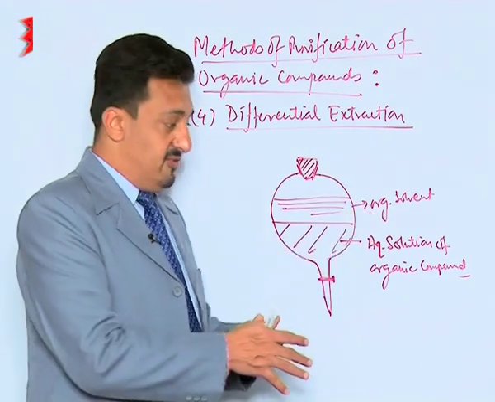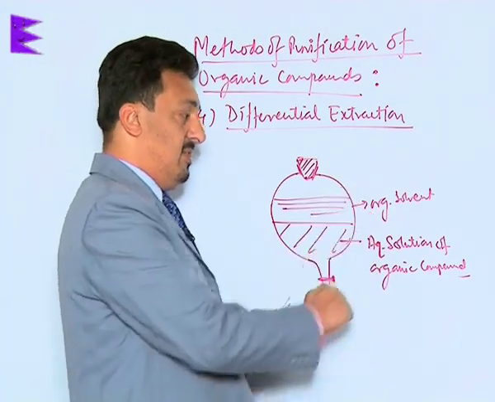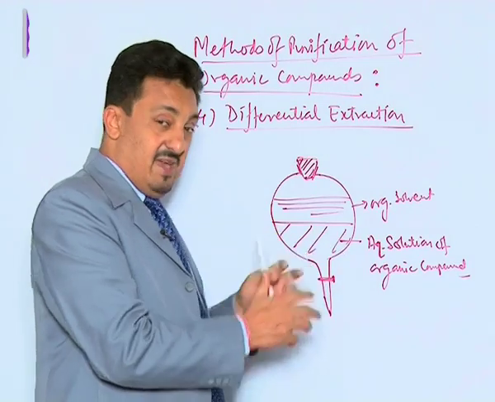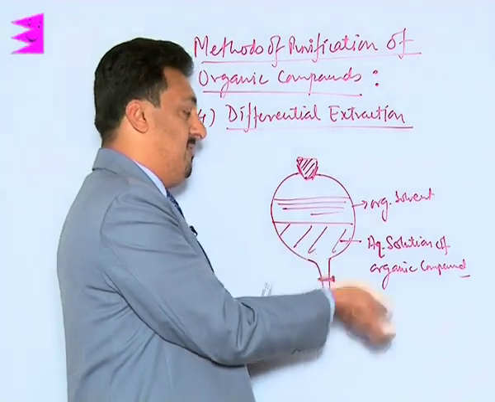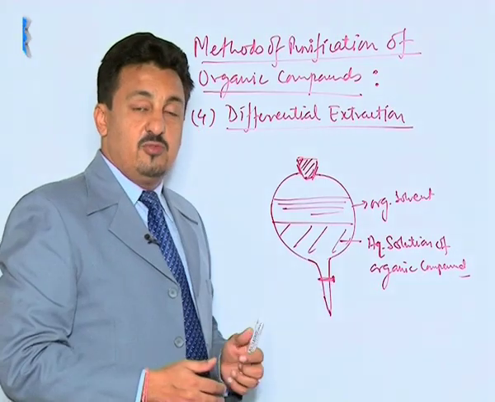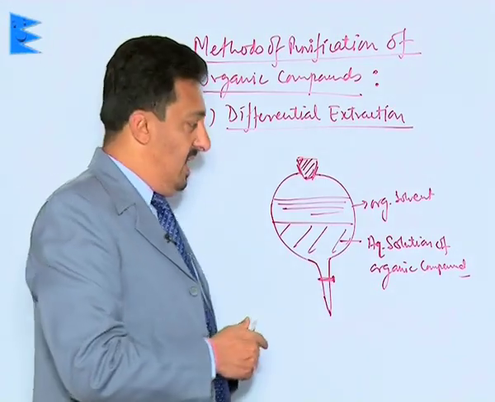Like dissolves like. So since this organic compound is more soluble in organic solvent, when it is mixed, the whole of the organic compound comes out of the aqueous medium and moves into the organic solvent, and then